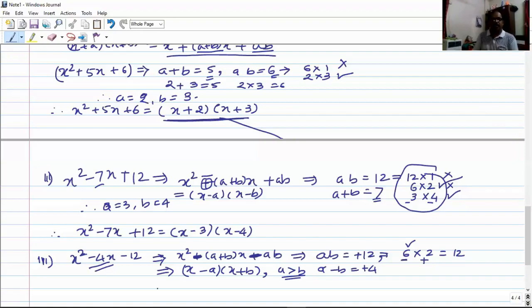So student, can you tell me what the factors are for such a given algebraic expression? x square minus 4x minus 12 can be factorized as follows. Here we have 6, so what are the values of a and b from this? Can you decide? Yes, I can say a is equal to 6 and b is equal to 2, right, where a is greater than b, that is 6 is greater than 2. So I can put the values of a and b as x minus a, meaning x minus 6, and then x plus 2. So in this way I have the factors for such algebraic expressions.